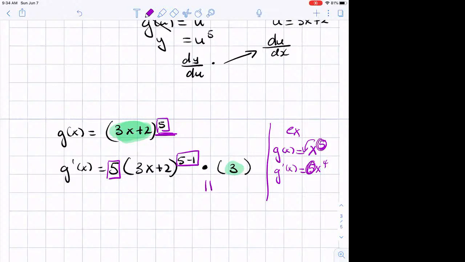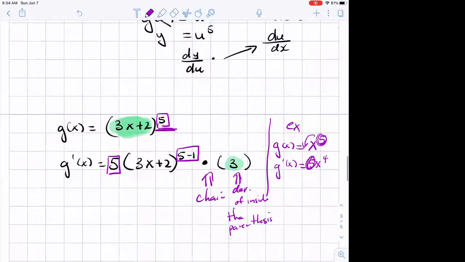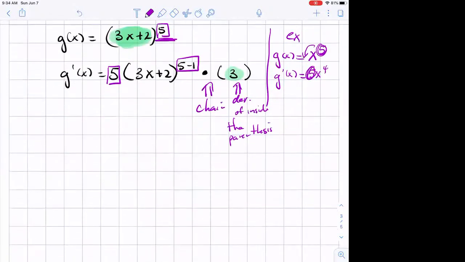And then the chain will be: take the derivative of what's inside the parentheses. That's what it is. Okay, so let's simplify this. We will get